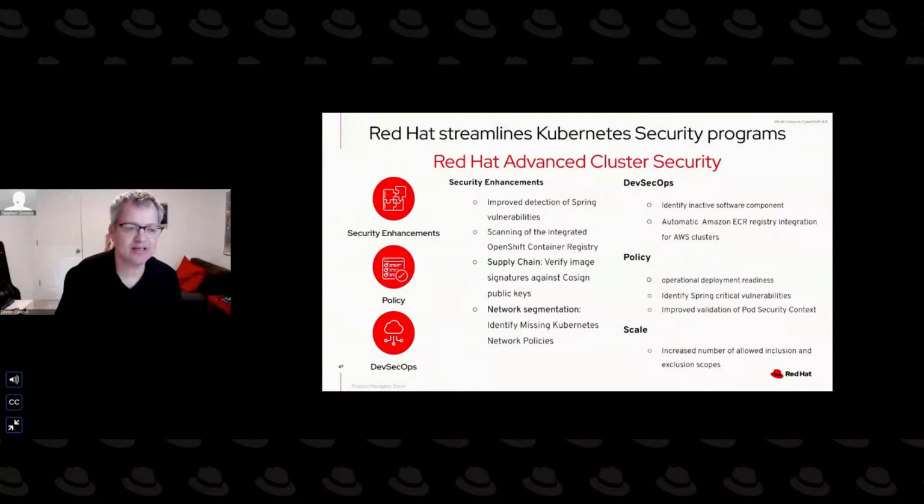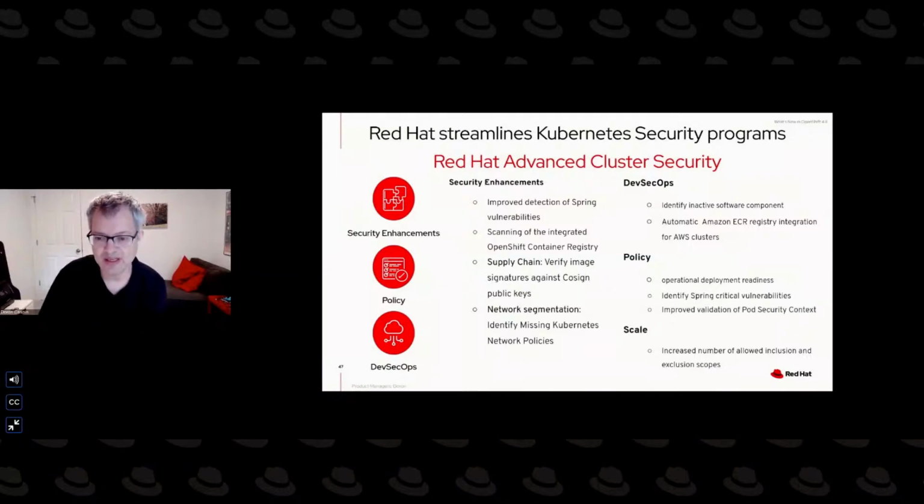Now I will cover the new ACS, Advanced Cluster Security. In the second quarter of 2022, Red Hat Advanced Cluster Security continued to create and enhance capabilities designed to improve security programs, including supply chain security and zero trust networking for Kubernetes. Our latest update, releases 3.69, 3.70, and 3.71, include improvements to vulnerability management, security policy, scale,